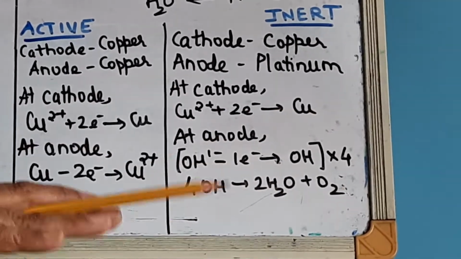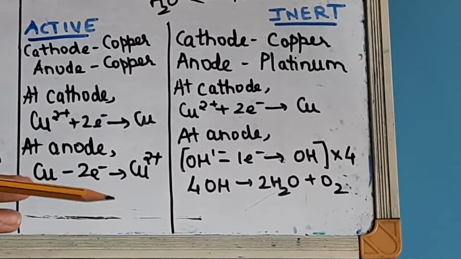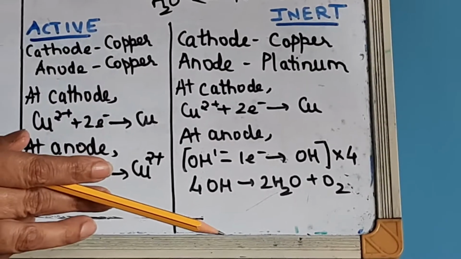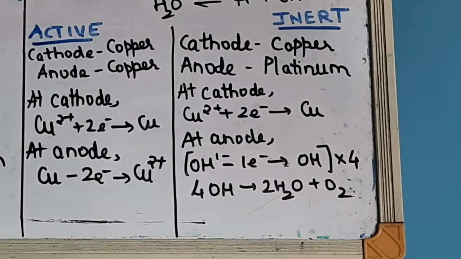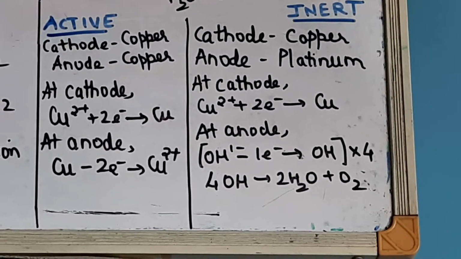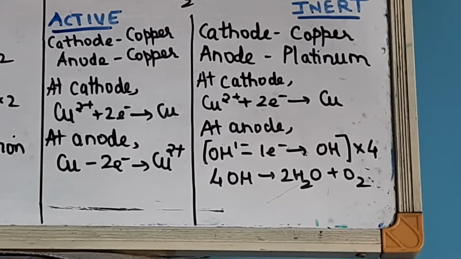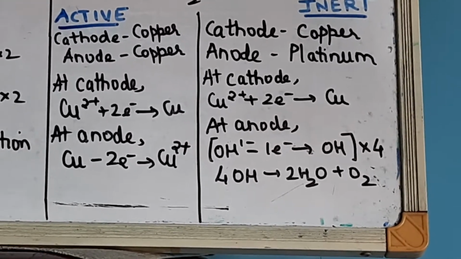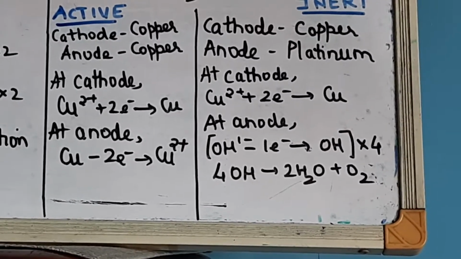This is very important. You have to understand this, because questions will be asked based on this application. Products are generally asked. So in total, 3 factors we have seen which affect the selective discharge of ions at the respective electrodes. And what is selective discharge of ions? The preferential discharge of ions at the respective electrodes to form neutral atoms is known as selective discharge.